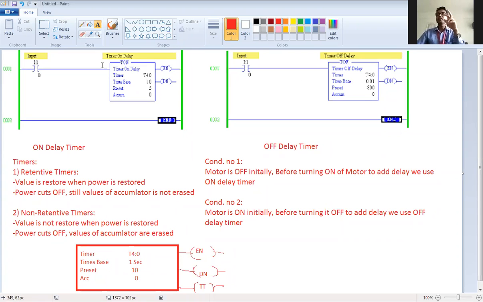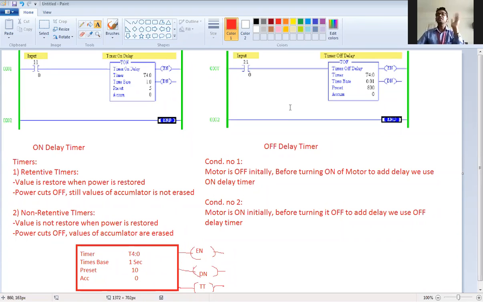And that's why this is an on delay timer, because when the condition becomes true and the timer completes, it becomes high, meaning it is turning on. And in the off delay timer, the done is initially high, meaning it is on. And when the timer completes, output becomes low, meaning turning off. That's why the names on delay timer and off delay timer are given.